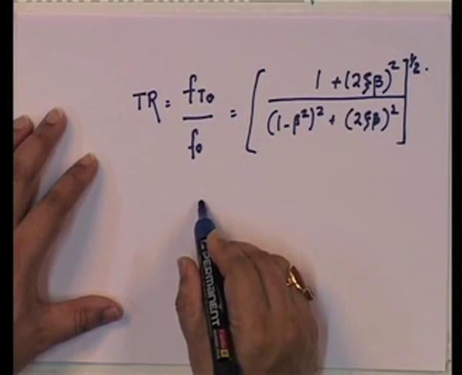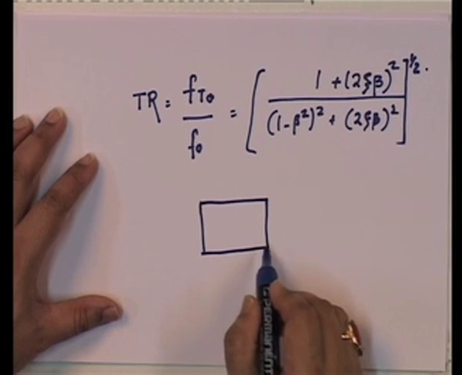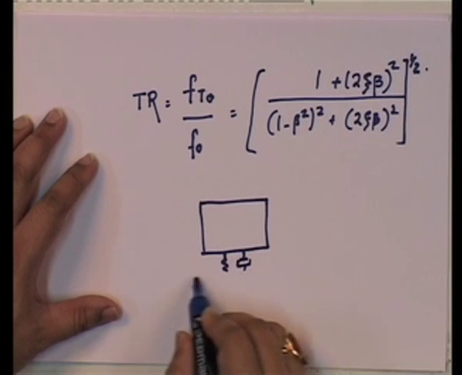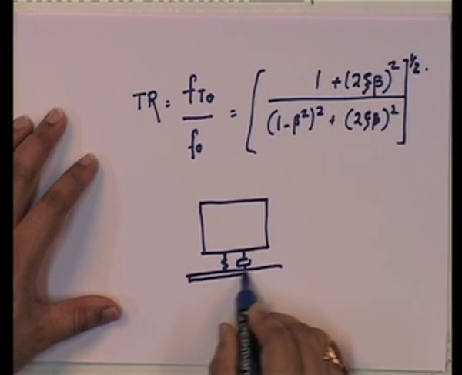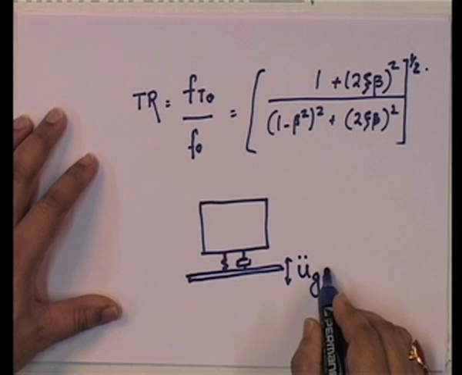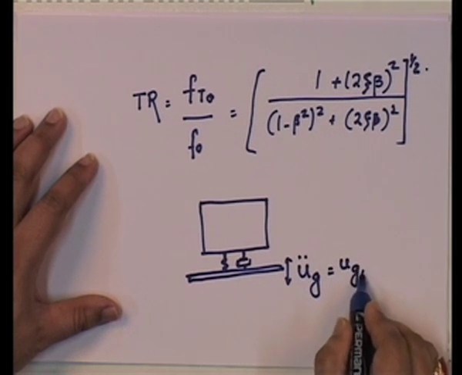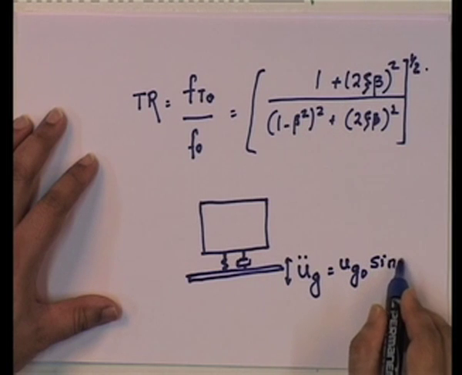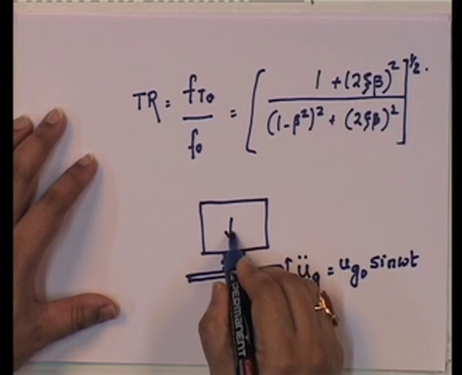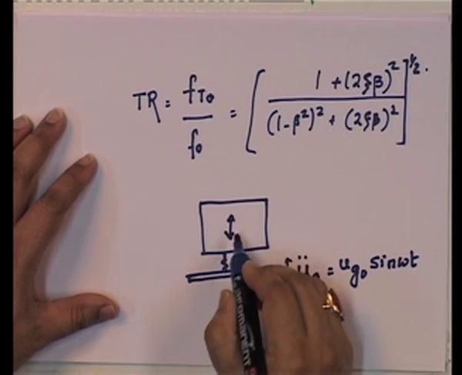And today we are going to be looking at the base isolation problem. What was the base isolation problem? The base isolation problem was the following. You have a sensitive equipment connected through its foundation to a floor, and automatically because of this it starts vibrating, and what we want to do is